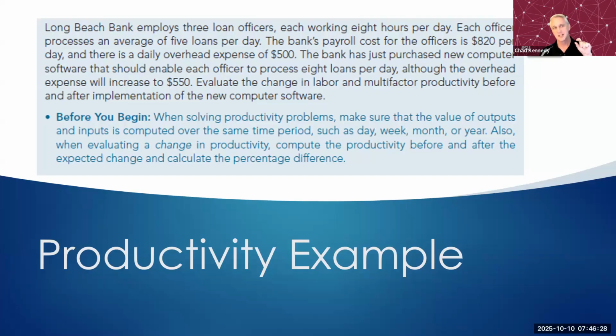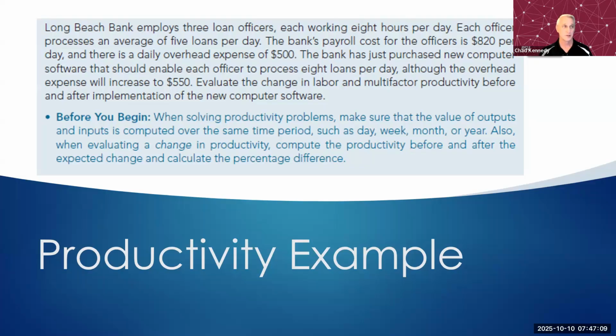Now there's a little caveat here because that's not per person. The way they're defining it in this problem is it's $820 for all 3 of those loan officers, which is a little weird way to put it. Usually you don't see things delivered that way. Usually it's the cost per person per day, which is what most problems you would come across would be like. Then there's also a daily overhead expense. This includes things like rent, utilities, air conditioning, internet use, something that everybody's using anyway. So it's just part of the baked-in cost.